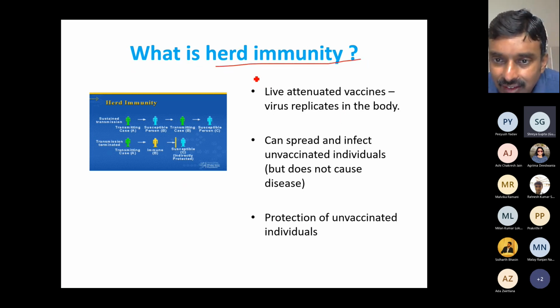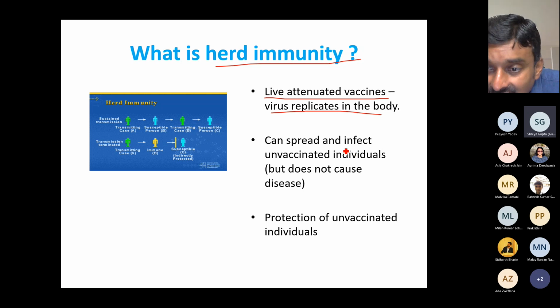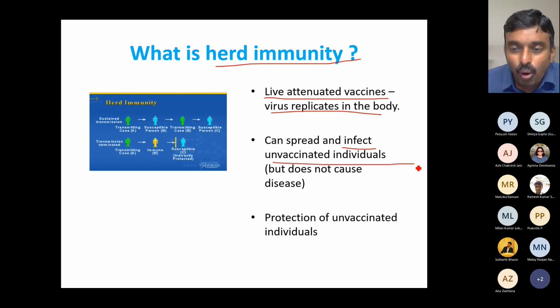Live attenuated vaccines such as OPV, they are able to replicate in the body, like I told you. Once it replicates, let's say I get pulse polio drops. It replicates and it's shed in the feces, and that can go and infect unvaccinated individuals. So if all the kids in North India under 5 years of age get the pulse polio vaccine or the oral vaccine on the same date, today, after 3 months, after 6 months, after 9 months,